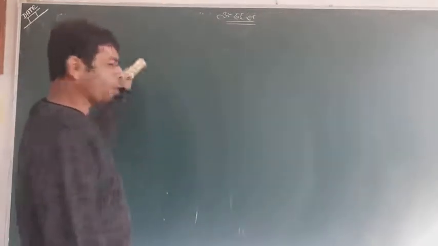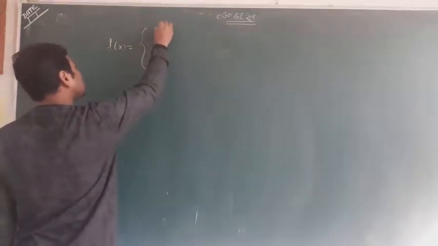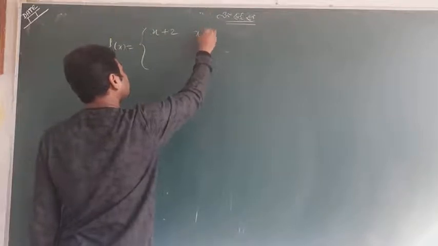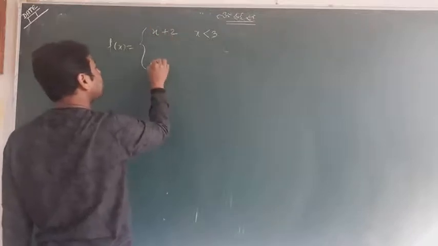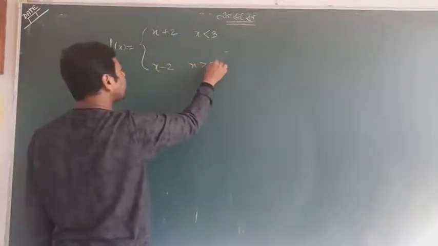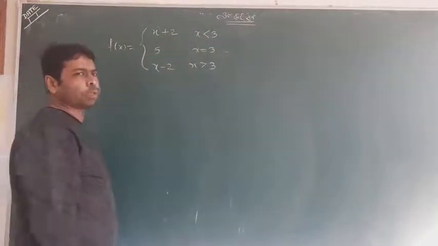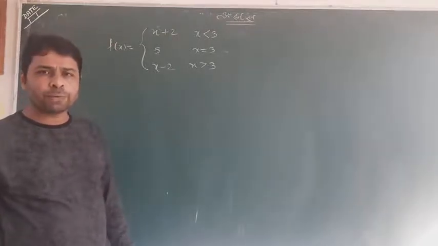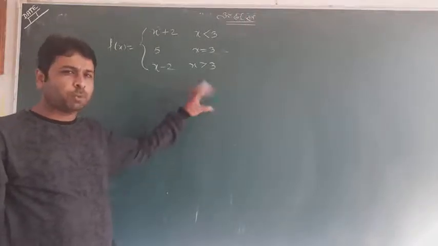Now you have seen the example. Now let me speak something about the condition. Suppose my question is x square plus 2, x plus 2 for x less than 3, and I write here x minus 2 for x greater than 3, and at x equal to 3, suppose it is 5. This is my question. Now you will look at the question, it is a bit different. The last question was changed, this question is changed. But this is a beautiful one.